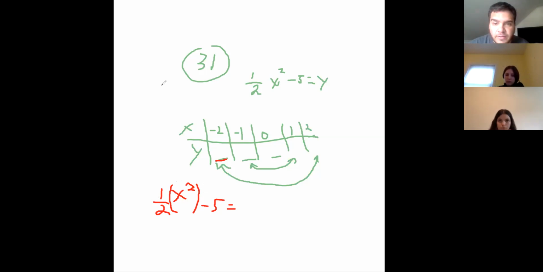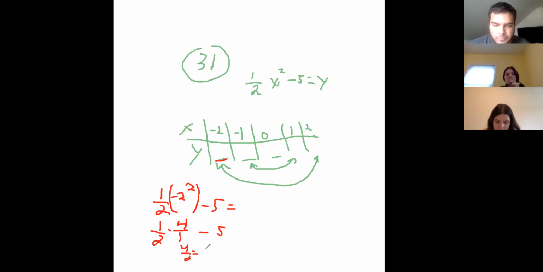So first one is -2. Adira, what's -2 squared? 4. So now we're going to have 4, and you could rewrite this as 4 over 1 times 1 over 2. You could also just type in your calculator 4 times what's 1 over 2 as a decimal, which happens to be a half. So 4 over 2